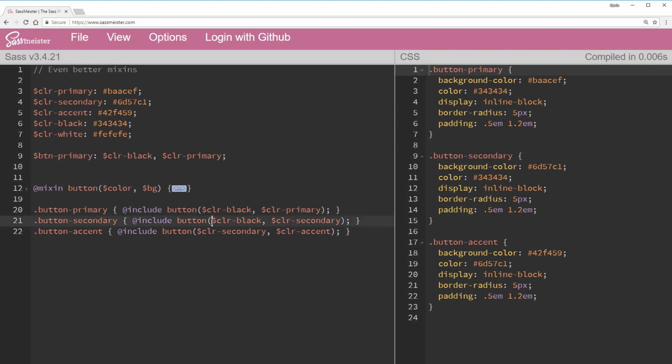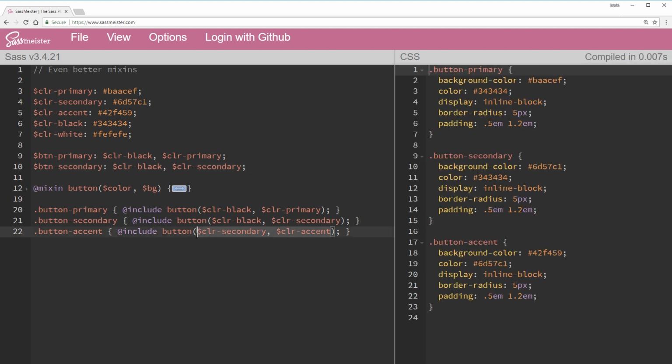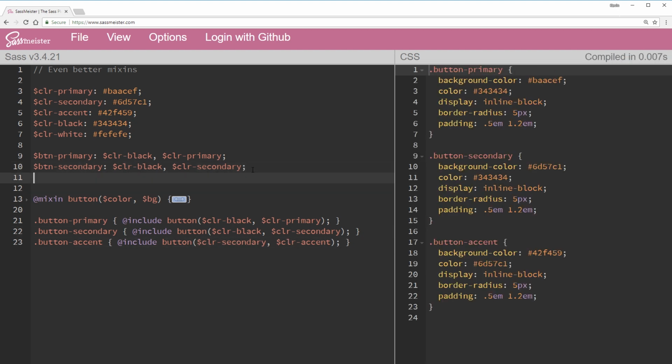Then my button secondary, btn secondary. Hopefully you're seeing maybe where I'm going with this. And then last but not least, my button accent. And then here, when I do my include, all I have to do is include btn